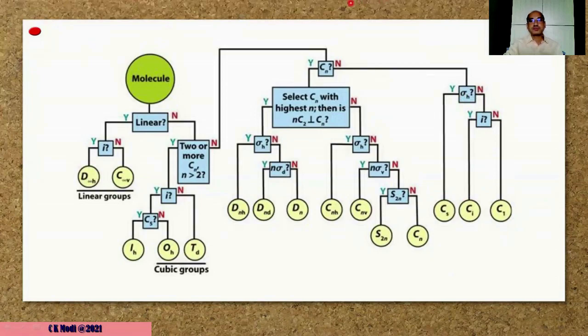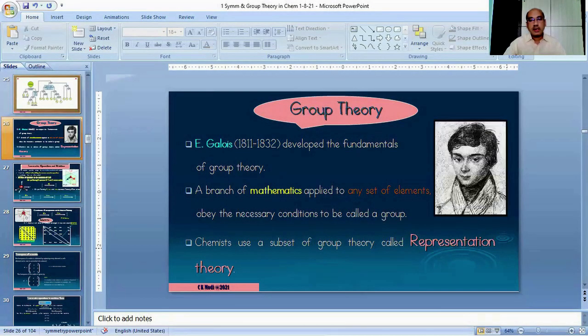I will stop my presentation here. Okay, in this session I am going to discuss group theory. Previously, we discussed how to find the point group of a molecule. Now, in group theory,